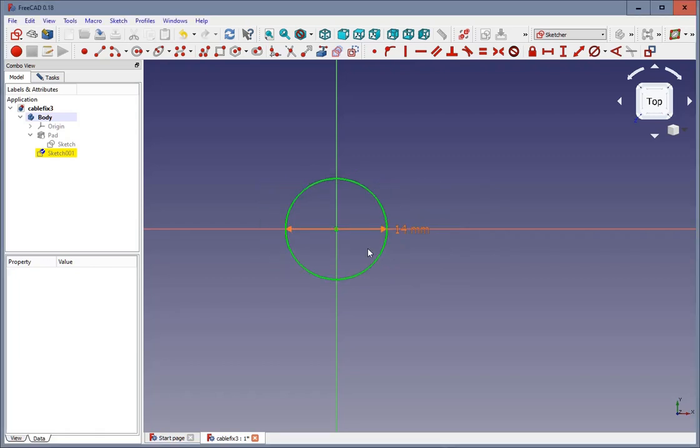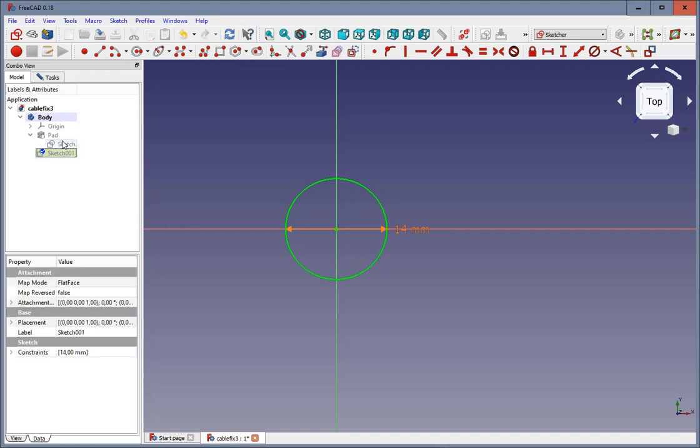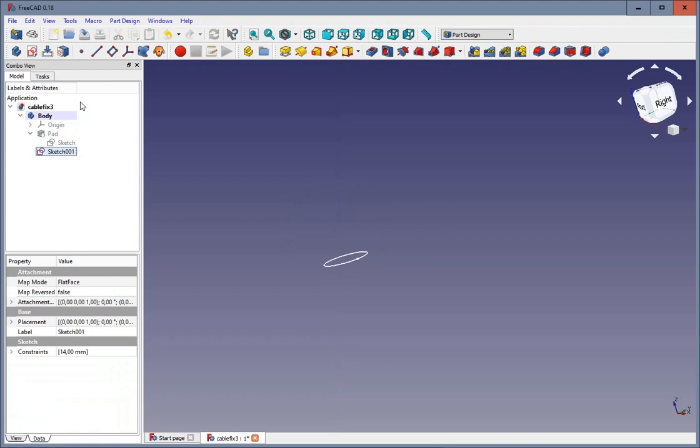That brings us 14 millimeters. We close the sketch